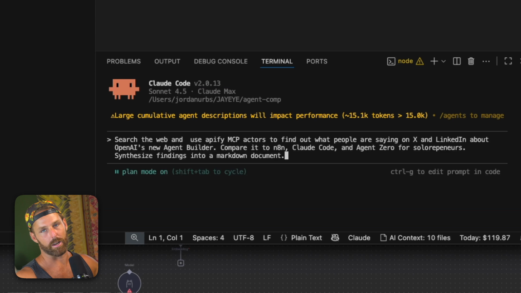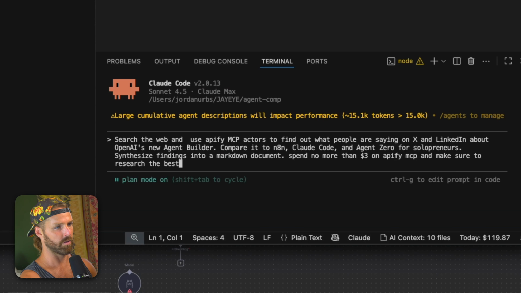Now, I would just say that about whatever the project is or whatever my business idea is. Compare it to n8n, Claude Code, and Agent Zero for solopreneurs. Synthesize findings into a markdown document. Spend no more than $2, $3 on Apify MCP and make sure to research the best subreddits to scrape first.